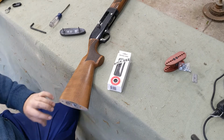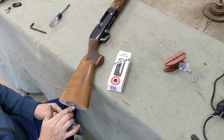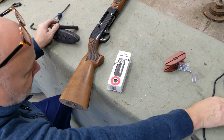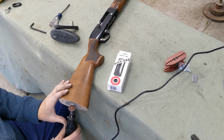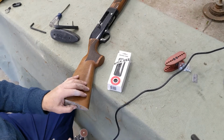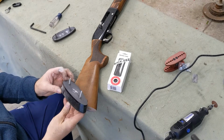I've had to grind some of my weight back. On this recoil pad, there was a little bit of a recess here, and I was allowed to let some weight stick over the edge. But on this one here, I can see there's a little I need to remove still. So that'll fit flush. So I've got the screws installed,